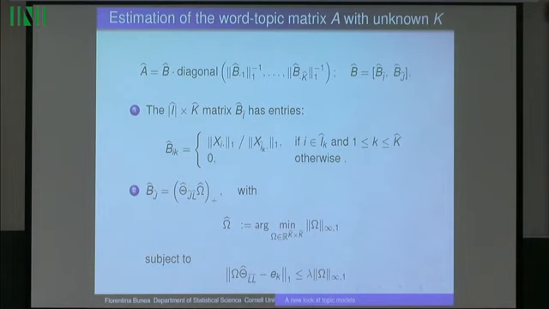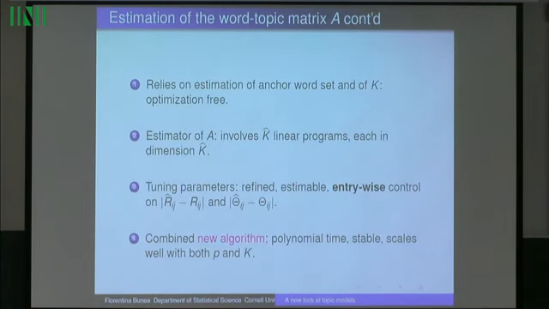The only small thing to say is that I told you that there is one thing: you have to invert a matrix. And you have to be a little careful, for rate purposes, of how you construct this inverse. So it's just a small variation on existing CLIME-type estimators of precision matrices. And at the end of the day, if you put all these things together, here is how we estimate A. We estimate these anchor words, and that's optimization free. The estimator of A just